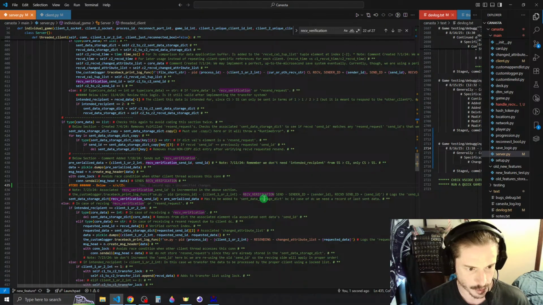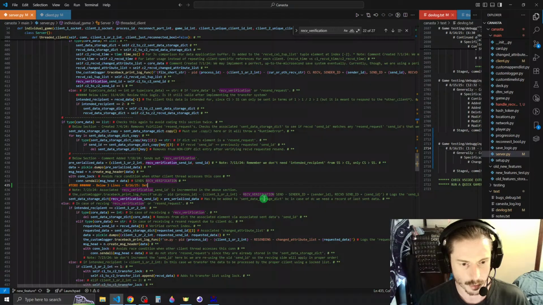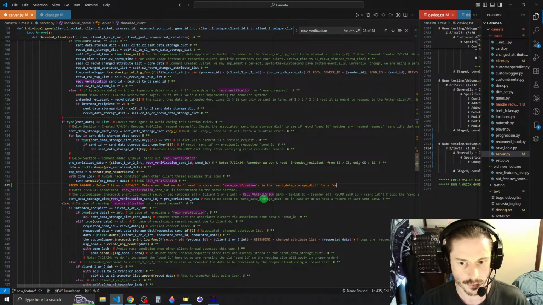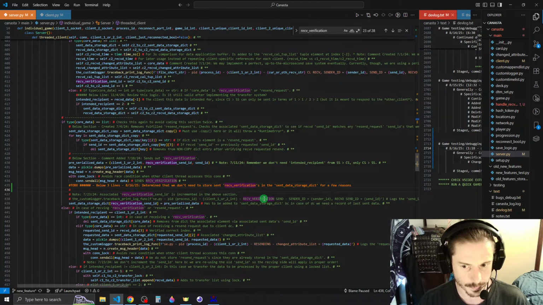So we'll just say below, 3 lines: determined that we don't need to store sent receive verifications in the sent data storage dict for a few reasons. And we're just going to say ultimately